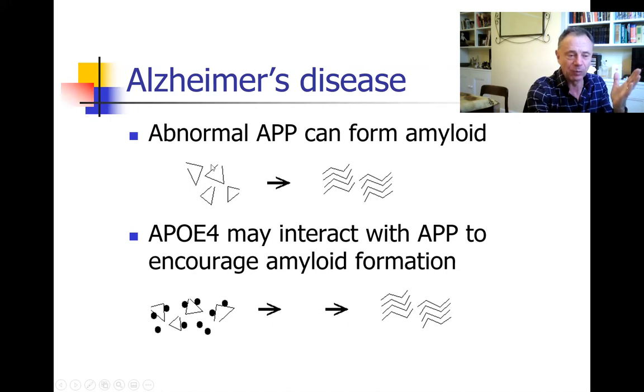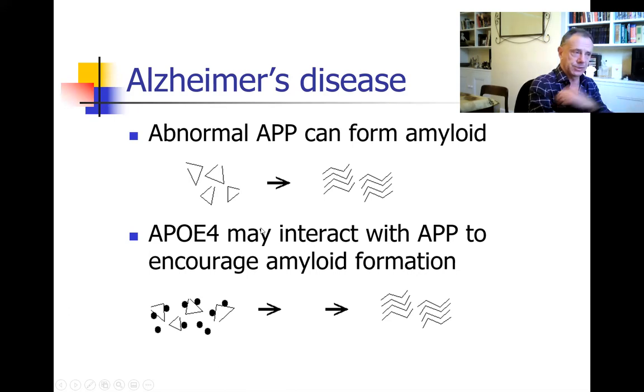the idea was that there could be something abnormal about the APP itself, which makes it more likely to form amyloid, although it's probably not the amyloid that caused the damage, but something about how it's processed. Or there's something about how ApoE4 interacts with the APP, which makes it more likely to go down that